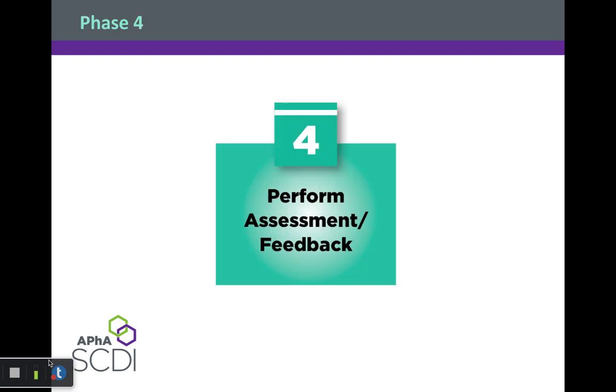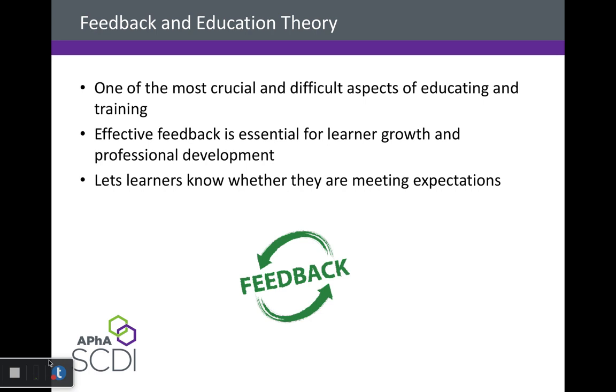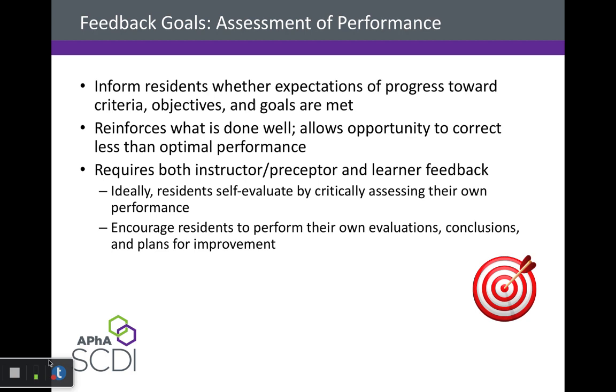Okay, so now we've implemented the program. We've precepted and taught. We need to figure out how to assess performance. And one of the most critical roles that a preceptor has is to provide feedback. It's really essential to help the learner grow and develop, and it lets them know whether or not they're meeting expectations. You always want to inform the resident